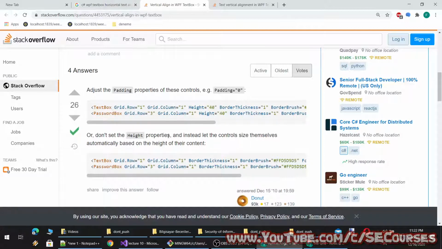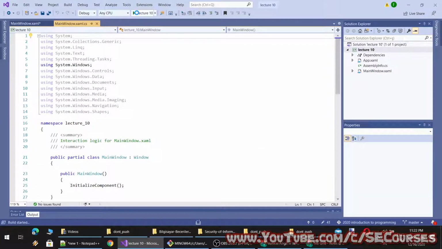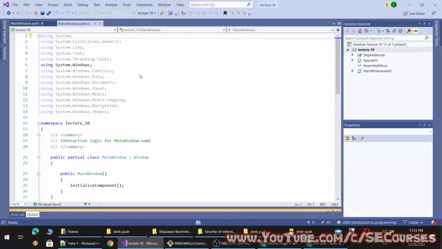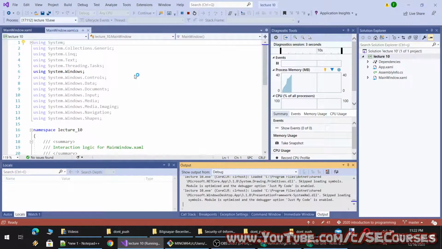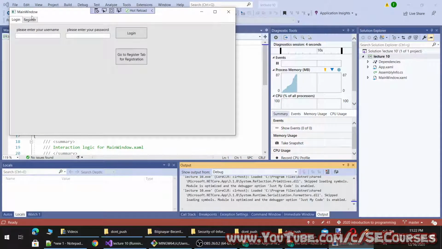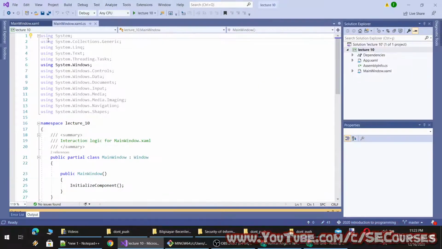Okay, it says let's add a padding of 0. Maybe it will fix it as suggested. No, it's not working.